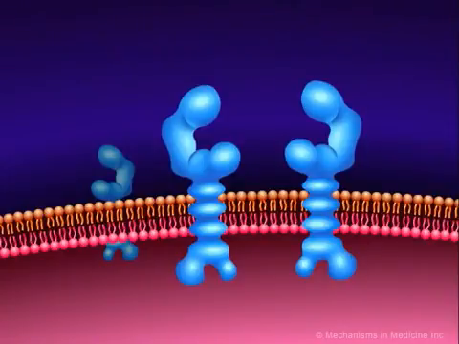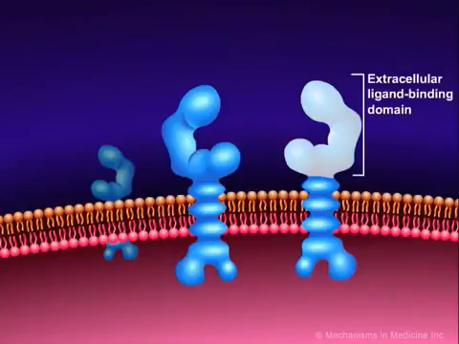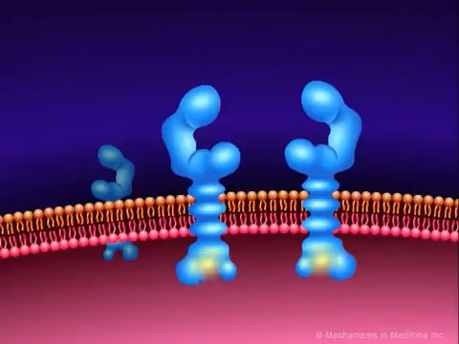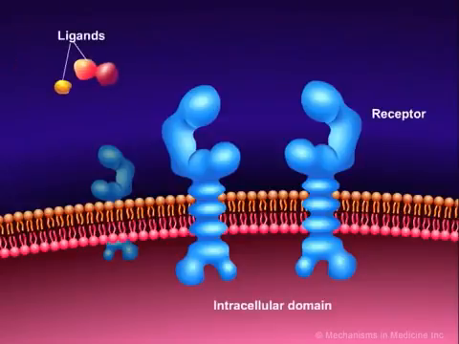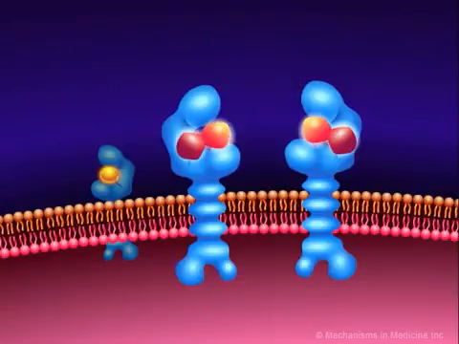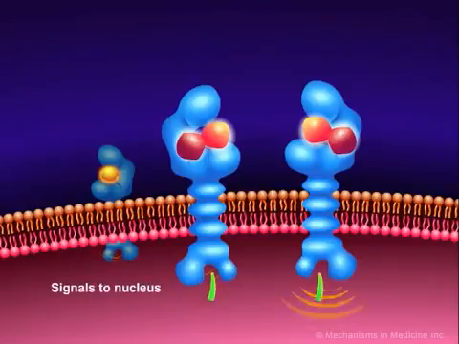Receptors often consist of three domains: an extracellular ligand binding domain, a transmembrane domain, and an intracellular domain. Binding of a ligand to the extracellular domain activates the receptor tyrosine kinase, which activates other proteins by phosphorylation of, adding a phosphate to, the amino acid tyrosine on a protein inside the cell. When a ligand binds to the receptor, a signal goes to the intracellular domain, activating the associated enzyme and initiating a cascade of signals to the nucleus that tell the cell to grow and divide or to stop growing.